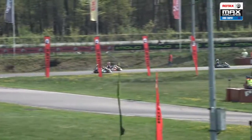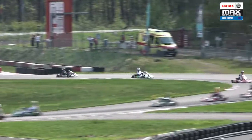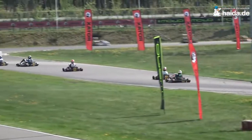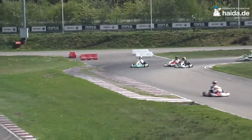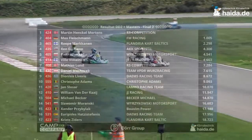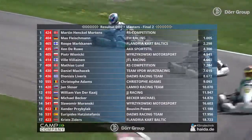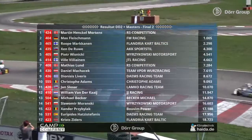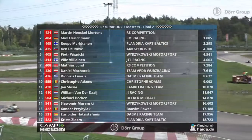So let's run you through the final finishing order of the opening round of the 2018 Rotax Max Euro Trophy season here at Genk in Belgium, as the action has now come to its eventual closure. So winning the race and taking the lead in the point standings with a perfect score of 50, it's Martin Henkel Mortens ahead of Max Fleischmann from Germany, with Rupi Markkanen from Finland, Zenderu, Piotr Wisnicki, Ville Villelainen, Matthias Lund, Daniel Machacek, Dionysis Liveris, Christoph Adams, Jan Slozar, William van der Kaj, Michael Becker, Slavomir Moransky, and Xander Priblak rounding